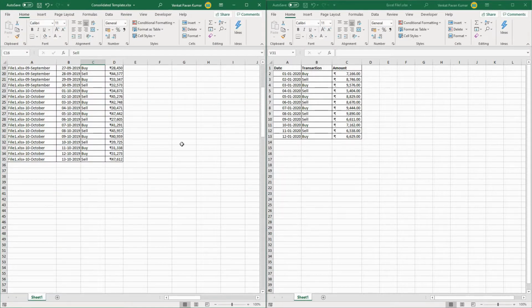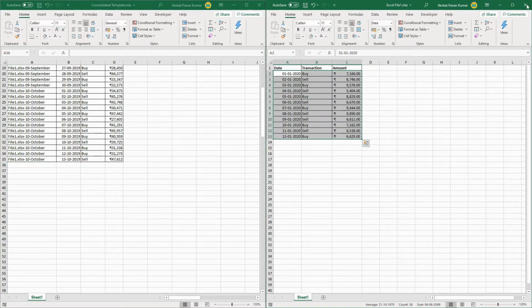The requirement is we need to copy this data from the source file and simply paste it at the bottom, consolidating all the source file data into the consolidated template. Then we need to pick up the source file name and also the folder name in which this source file is saved, and join the two texts together and update it in column A for each line item of this data.